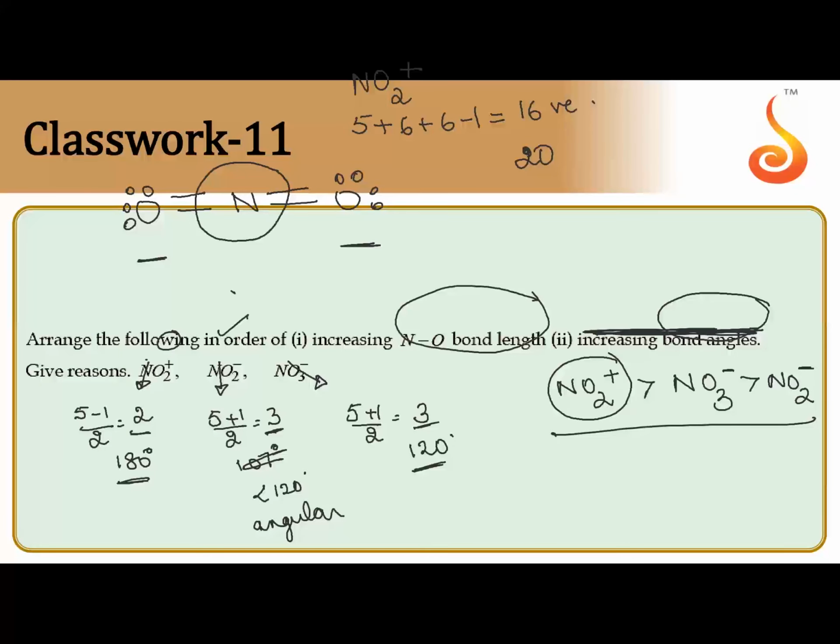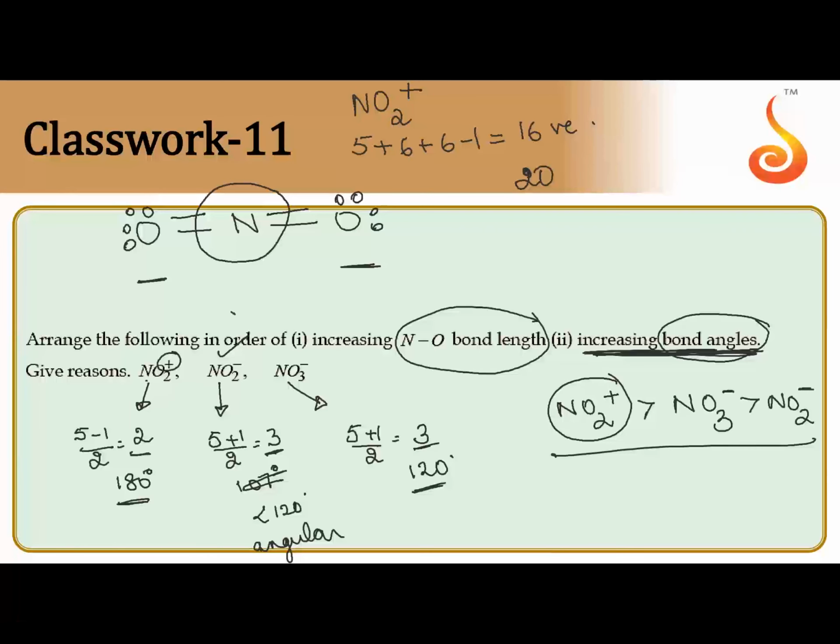Who can tell me the formal charge for this nitrogen here? How many valence electrons are there in nitrogen? 5. But now how many do I have? You see here, 1, 2, 3, 4. That's all. 1 less I'm having, meaning it is having plus charge. Nitrogen has 5 valence electrons, and now it is having only 4, meaning it gave 1 electron, so it became plus charge. So nitrogen has +1 formal charge.